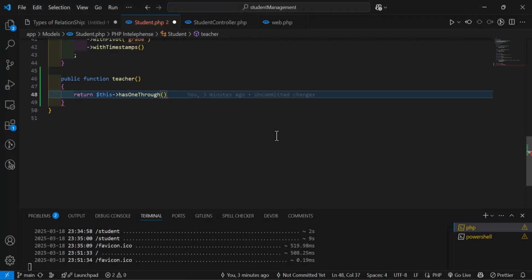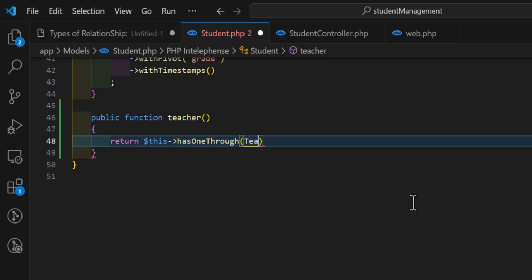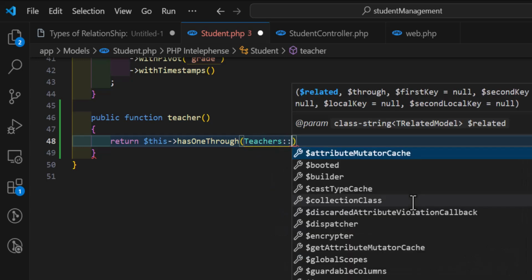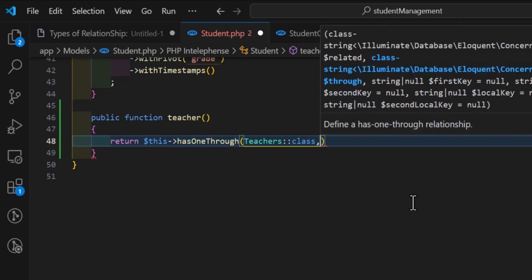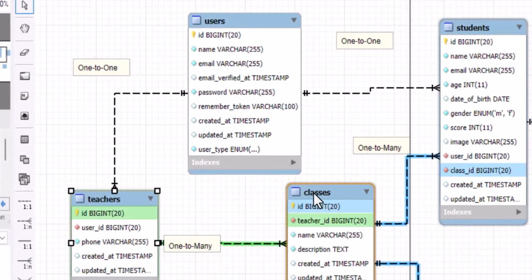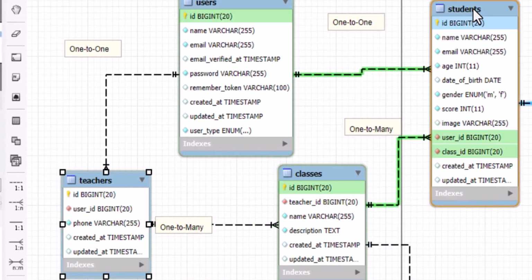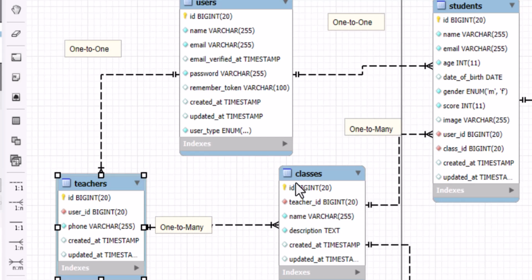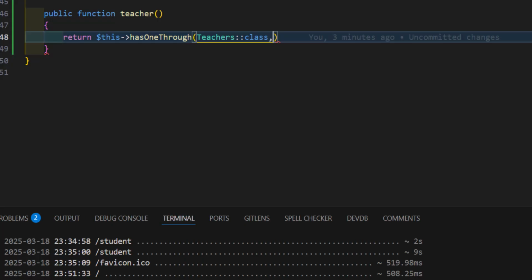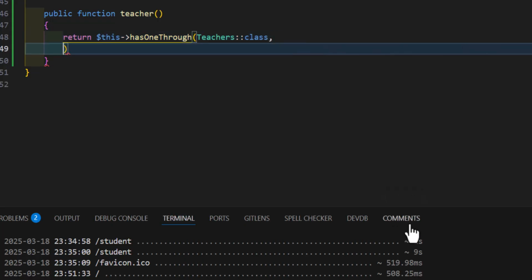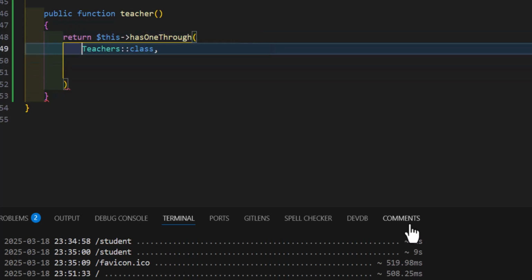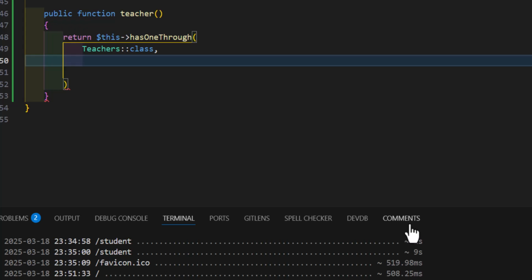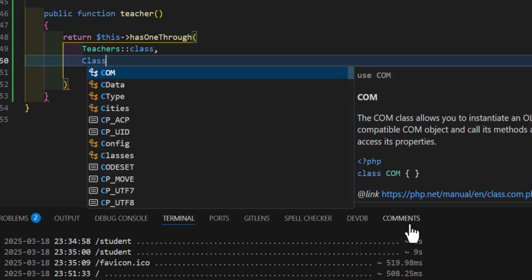Let's type in the first parameter the teacher's model, so Teacher::class. Then we have to type the intermediate table. So in our case, the table between the student and teacher is the classes. So we are going to call this model. Let's type it like this. So let's type here Classes